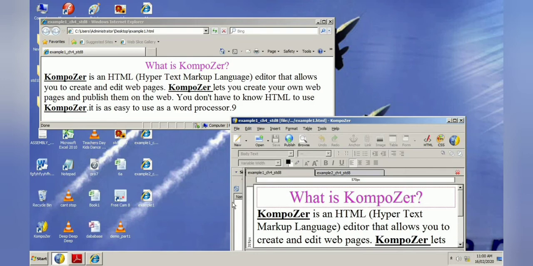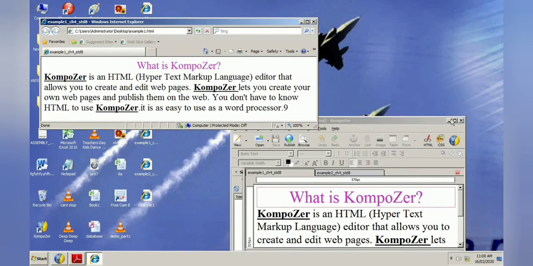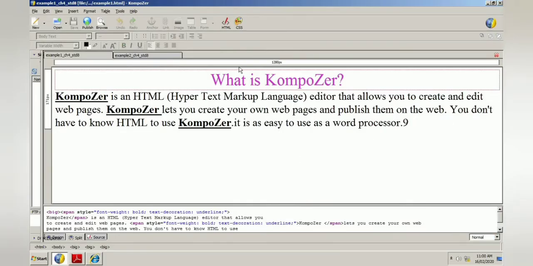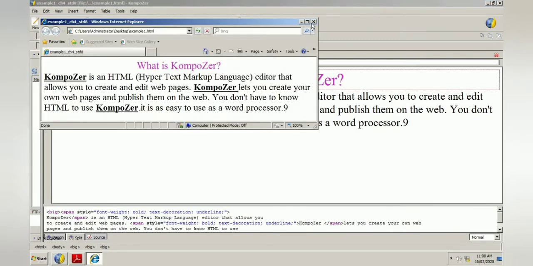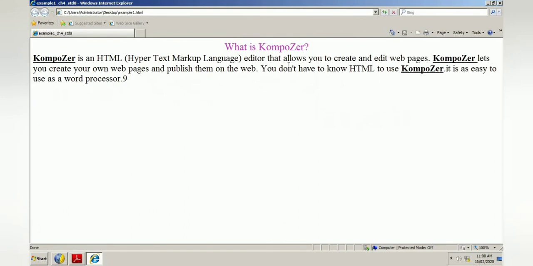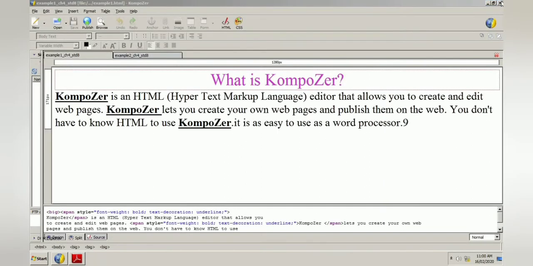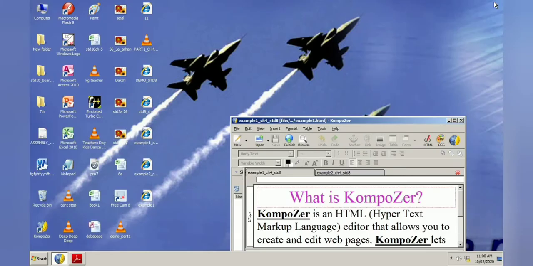There is no difference. So here you can compare both the results. This is our designing, and this is our output, that is on Windows Explorer. So I hope you understood the example 1.